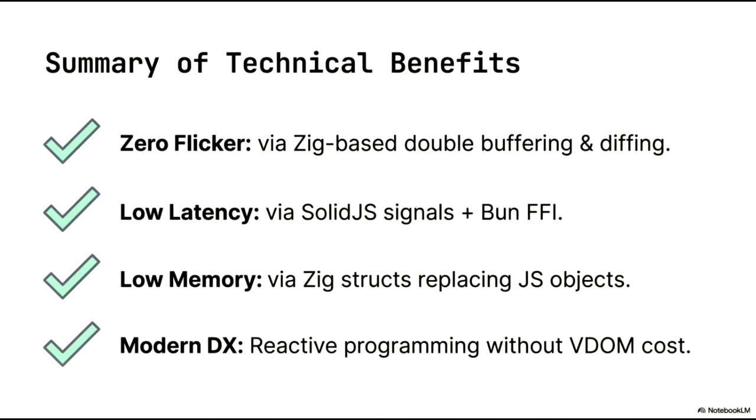Let's examine the core technical benefits of this architecture. To eliminate visual stutter, we utilize Zig-based double buffering and diffing, ensuring a zero-flicker experience. To achieve industry-leading low latency, we have integrated SolidJS signals with Bun's foreign function interface. We also significantly reduce the memory footprint by utilizing Zig structs as a direct replacement for high-overhead JavaScript objects. Finally, we offer a modern developer experience by leveraging reactive programming patterns without the traditional performance costs of a virtual